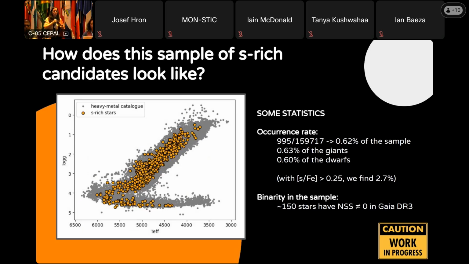I could not be the person speaking the least about binarity in this conference. So I will tell you that 150 of these stars have a positive binary flag in Gaia, but you've seen the period eccentricity diagram of these systems, right? Gaia doesn't cover these orbits, so I'm pretty sure that most of them are binaries, and that if we started monitoring them, we will know for sure in a few years. In fact, a few of the targets that I observed for the high-resolution sample are being monitored thanks to Hans, and we do see binarity in targets that Gaia doesn't see binarity. So in that sense, I'm not very worried.